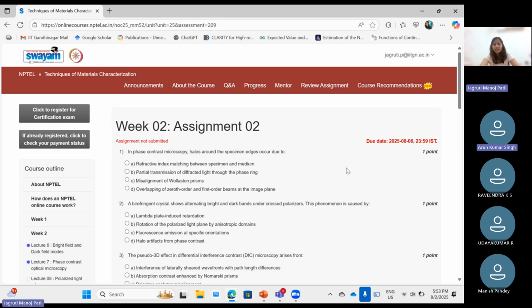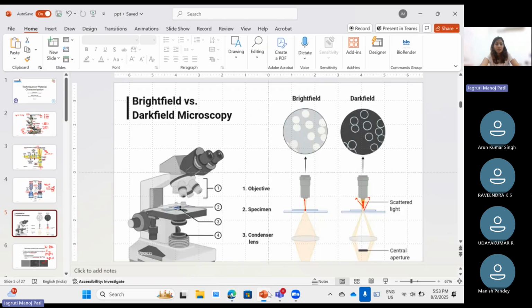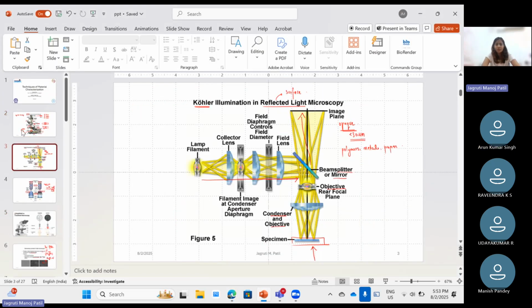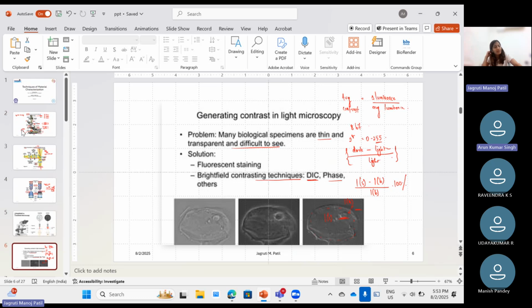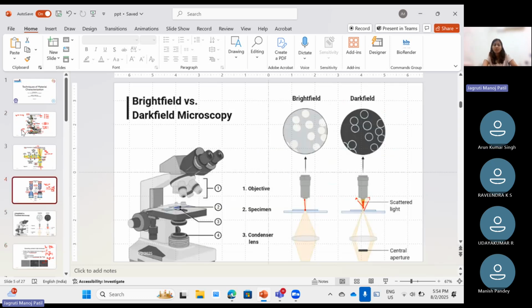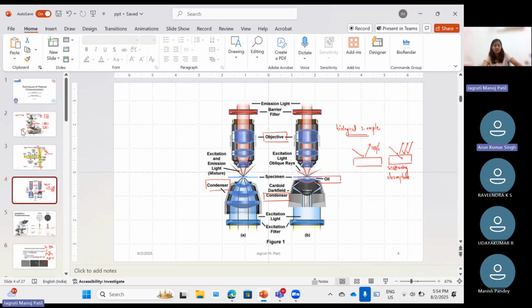These concepts are pretty easy if you just go and see how the optical path follows through. If you understand the optical path, then there are no more differences for you to understand how or where it's going wrong. Also, you know which particular parts are involved, instead of just memorizing which kind of specimen or sample it's used for. In real life you just have a microscope in front of you and you want to do a bright field microscopy or